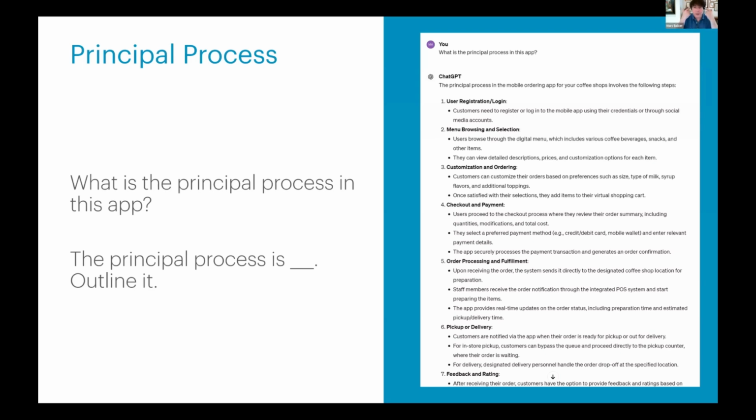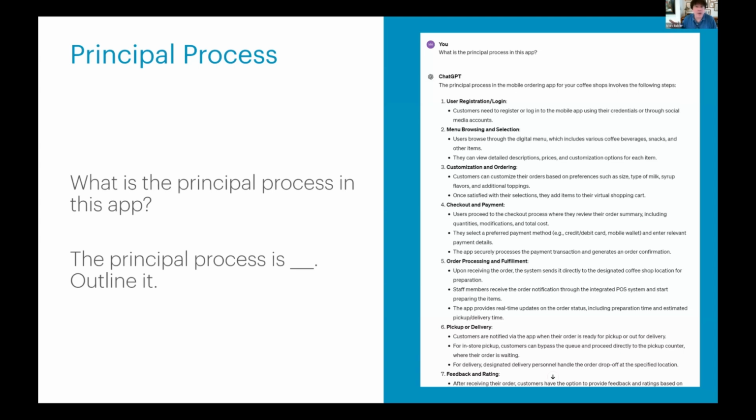Okay. So one of the things I find is really useful once you have an application, whether you're doing agile development or traditional development, is to ask: what's the principal process? So here we have, what's the principal process for this app? Now, I didn't ask the question really specifically. Because sometimes, as you know, when you're interviewing stakeholders, you have a specific question, you want a specific answer, but sometimes you want someone to free associate. So what I did here, and this is again a very powerful prompt I've found, I just tell it about what I want. And then I say, what's the principal process of the app?